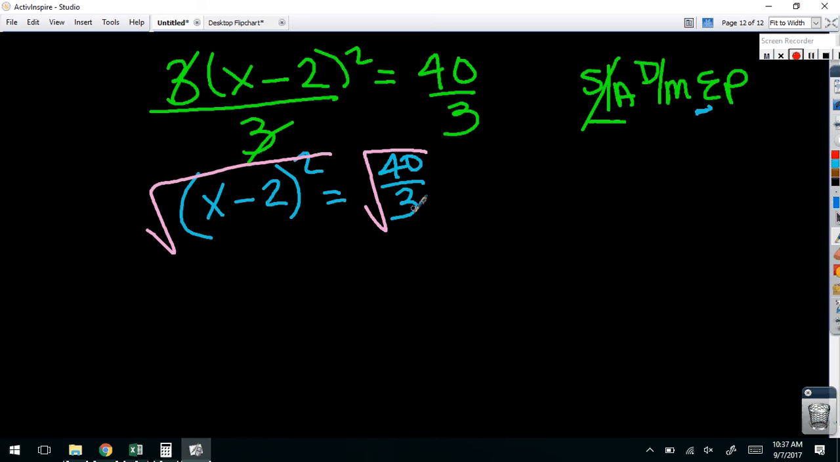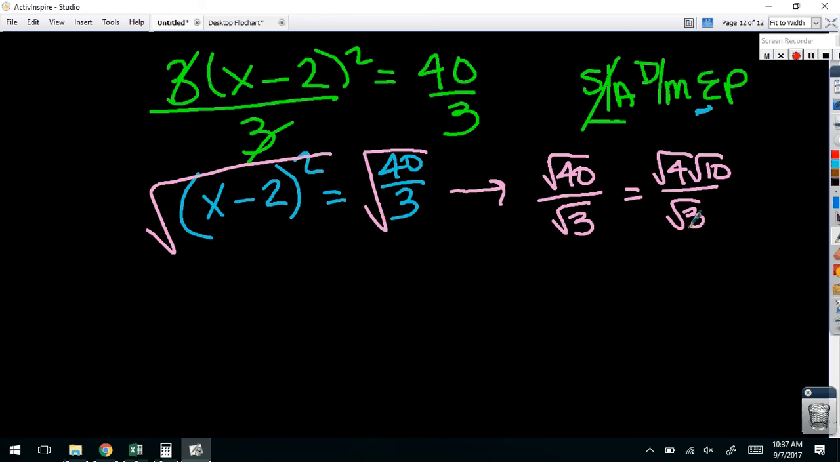Let's take a second. Let's come over here. The square root of 40 over 3. Can you break anything apart? No. 40, you can break that 40. What's the perfect square that goes into 40? Four. 4 and 10. So this is the square root of 4 times the square root of 10,